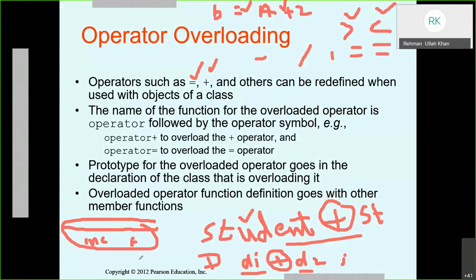So at that time, we need to redefine the plus: how to add two distances together, how to add two items together, how to add two objects together. And you see, this redefinition is another power, another uniqueness of object-oriented programming.